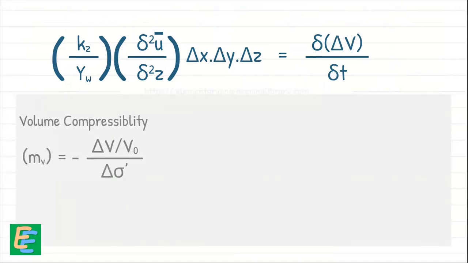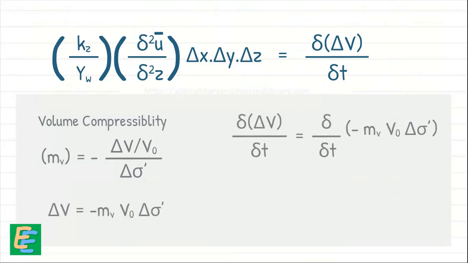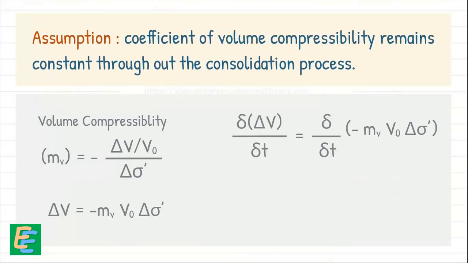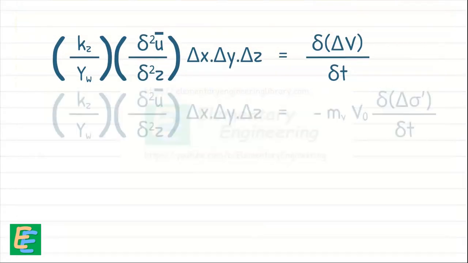Also, we know coefficient of volume compressibility is defined as this. We rearrange it and partially differentiate it with respect to time. We have also assumed that coefficient of volume compressibility remains constant throughout the consolidation process, and that V0 is the initial volume of the soil element, which is constant. Hence, we can write, by substituting this, the equation becomes,